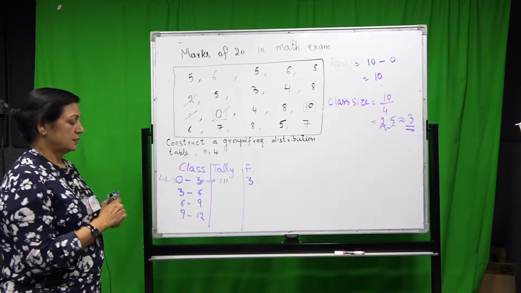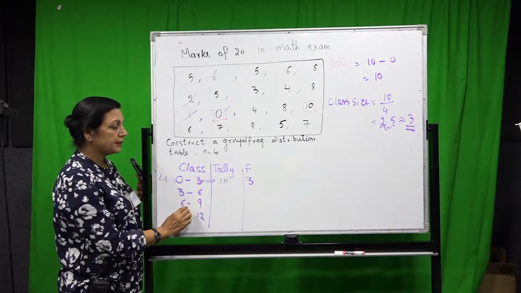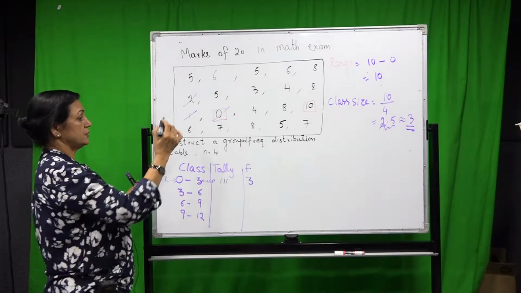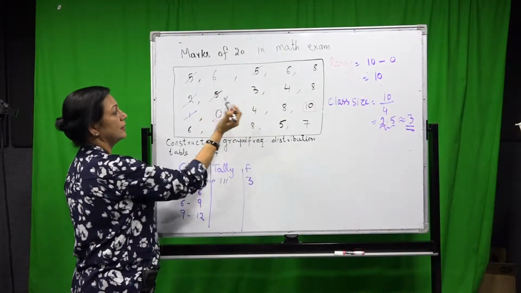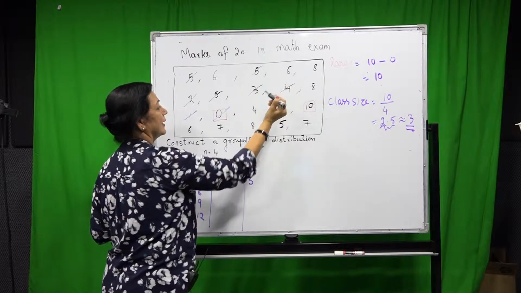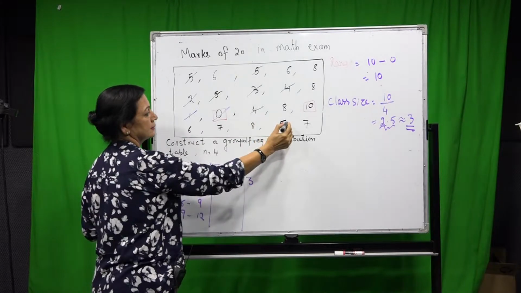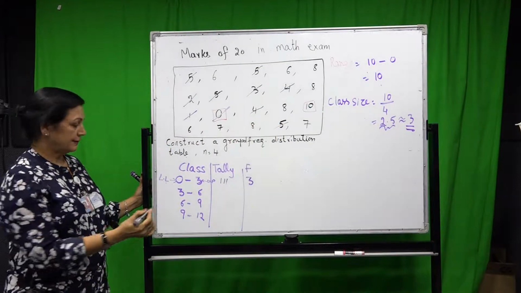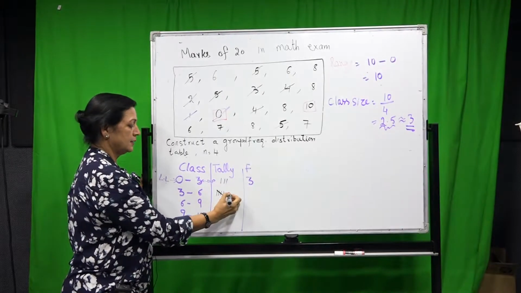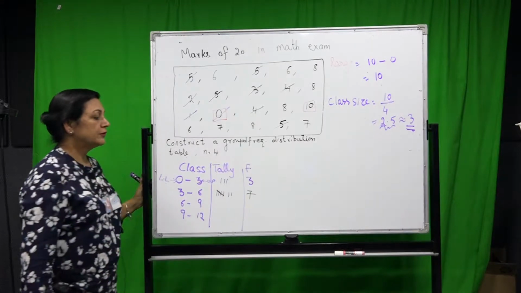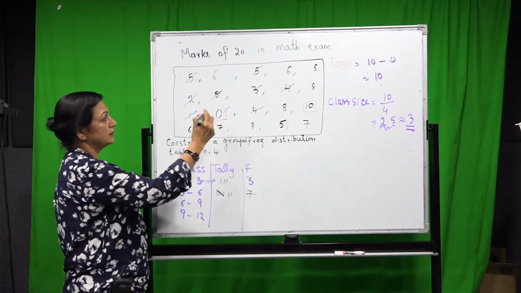3 to 6. So, in this case 3 is included here, but 6 is not included. 6 will be counted in the next interval. So, let us start, 3 to 5 we should say. 1, 2, 3, 4, 5, 6. We will not take this, remember this. 7, correct? So, 1, 2, 3, 4 and 5 you mark it like this in tally marks. 6, 7. What is the frequency? 7 here.